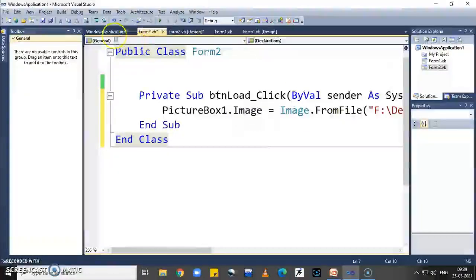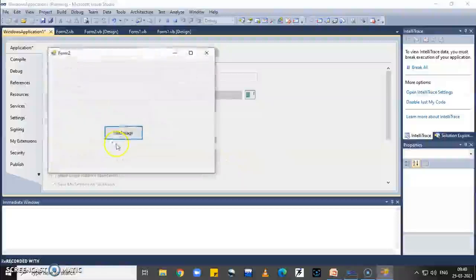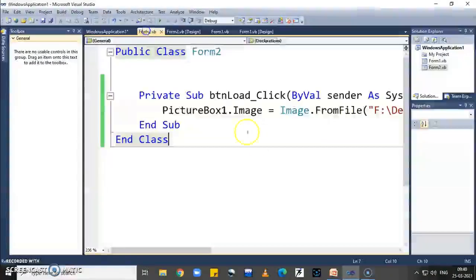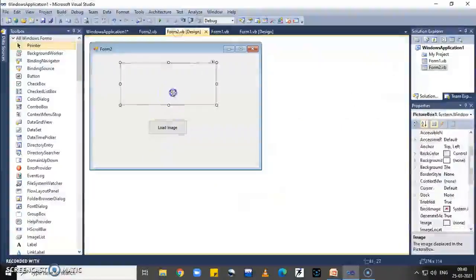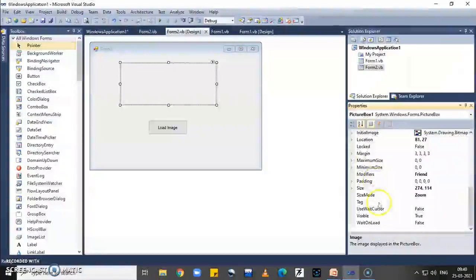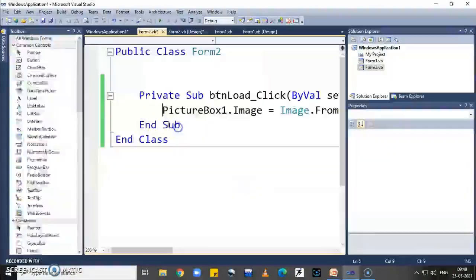Now run the practical. First of all, set the startup form, which is Form 2. Run the practical. Click on the load image. So the picture box coding is displayed. Here the whole image is displayed, means in stretch mode, because at design time I selected the stretch mode image. So for example, the size mode property is changed and I set it to normal. And at runtime,